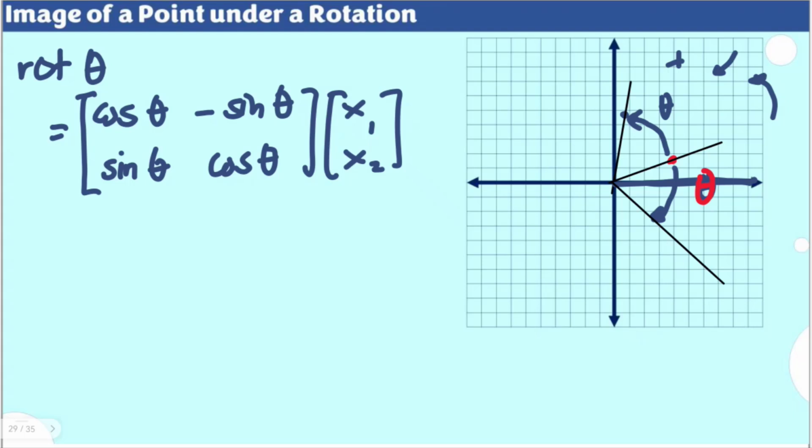Now, this is very different from the reflection of a point about an angle, because that uses twice theta, and the negative sign is placed differently there. This time, for rotation, we'll be sticking to this process. So in the next few videos, we're going to determine the image of a certain point under a rotation. Using this formula, we can determine that, and we'll be using the Cartesian plane to verify our result as well.